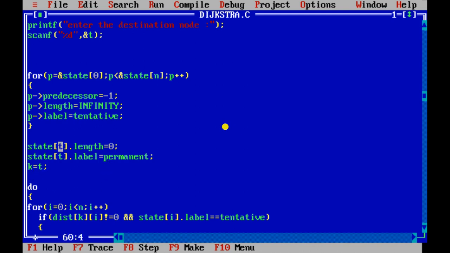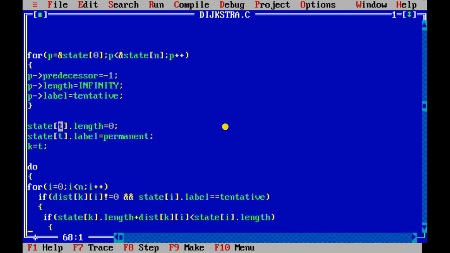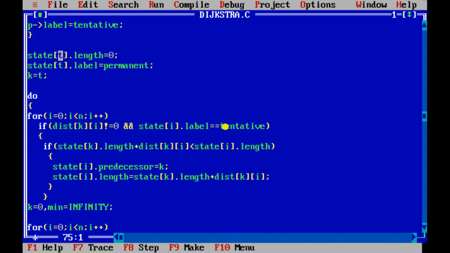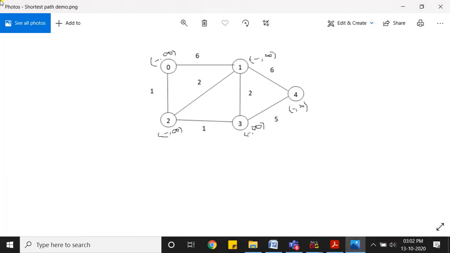So for some further implementation, this t is copied into k value. Okay, now what is the next thing? Before going to the next thing, I'll just tell you. Suppose I want to find out the distance from 0 to 4,